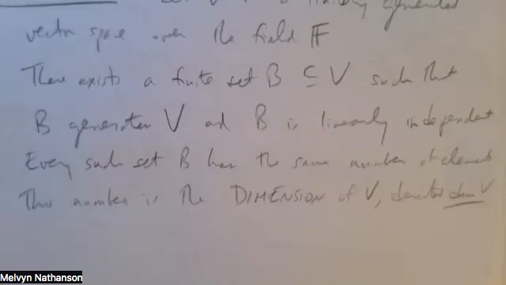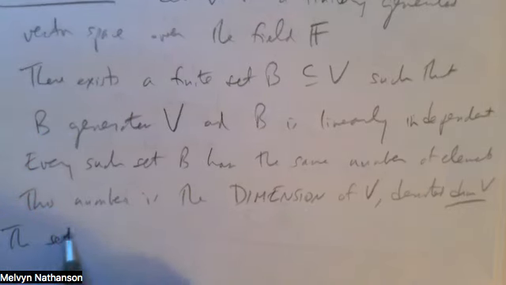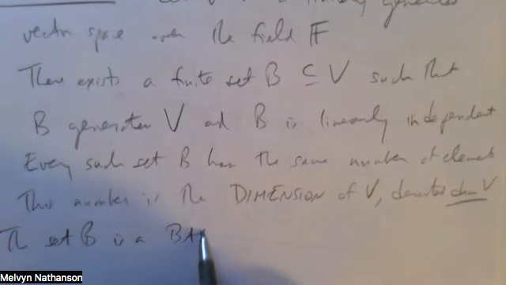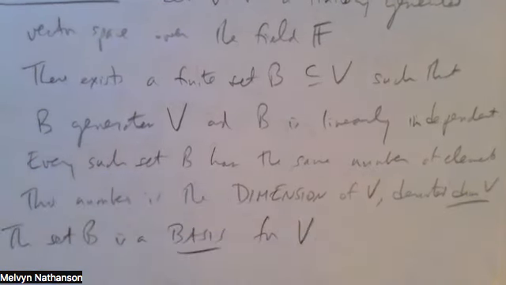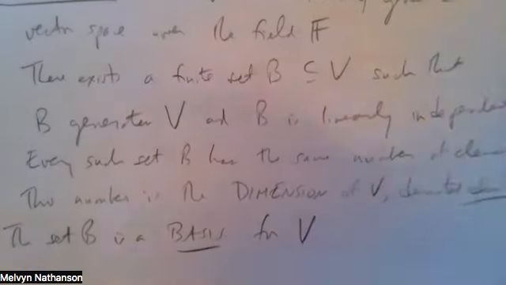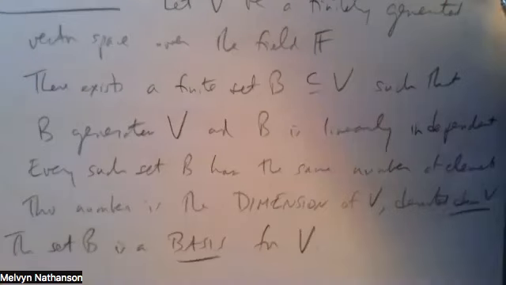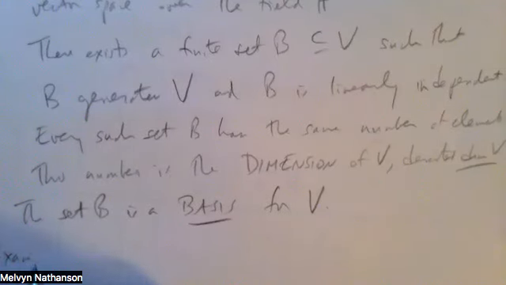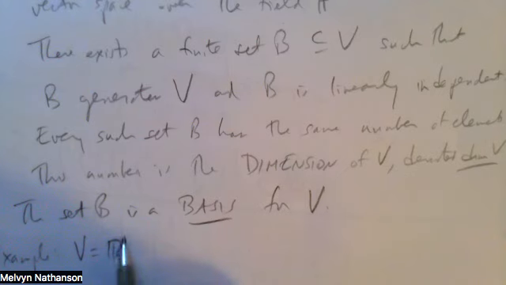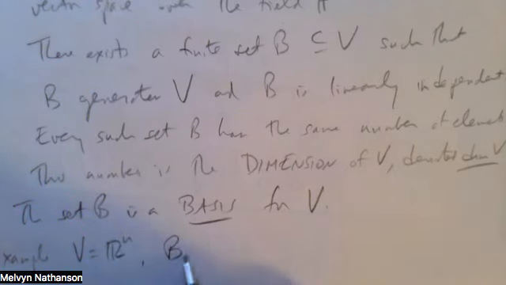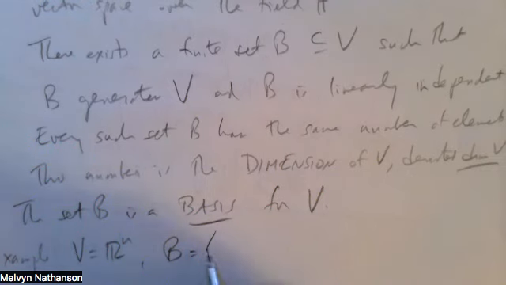So the set B is called a basis for the vector space V. The simplest and most important example is the vector space V equal to Rn, where the set B consists of n vectors. The dimension of V is n,